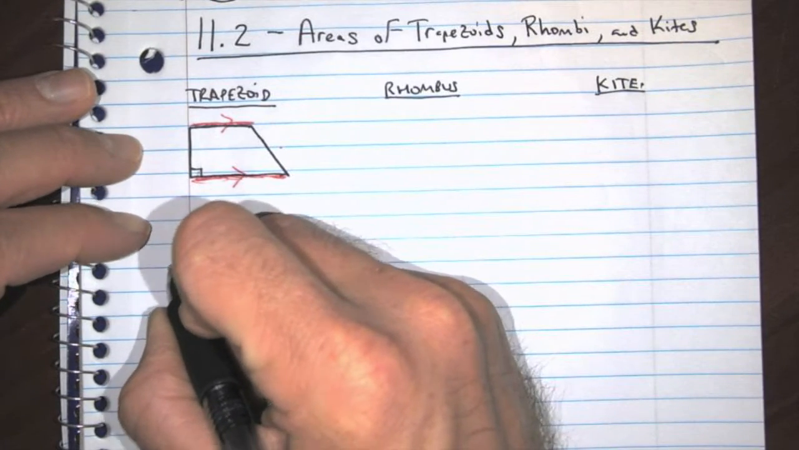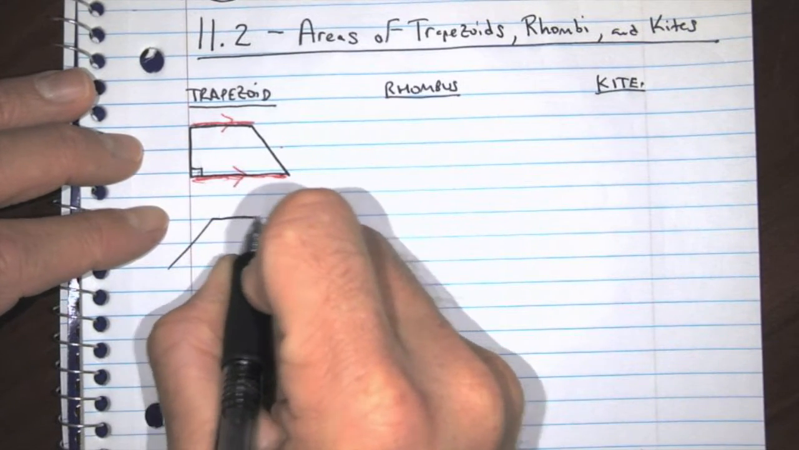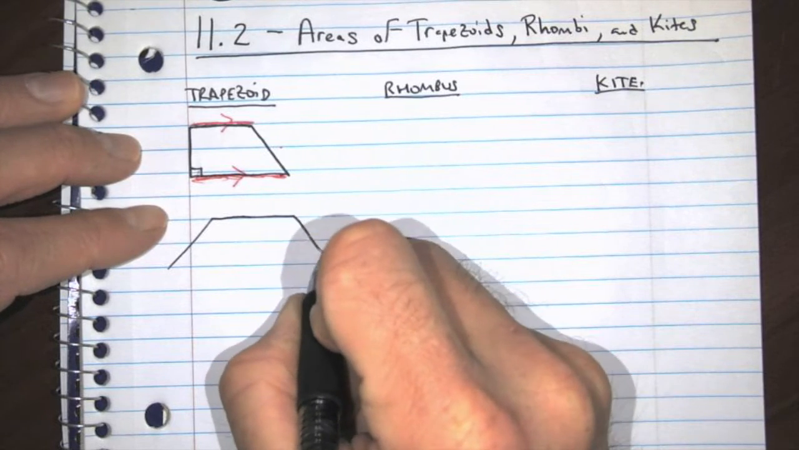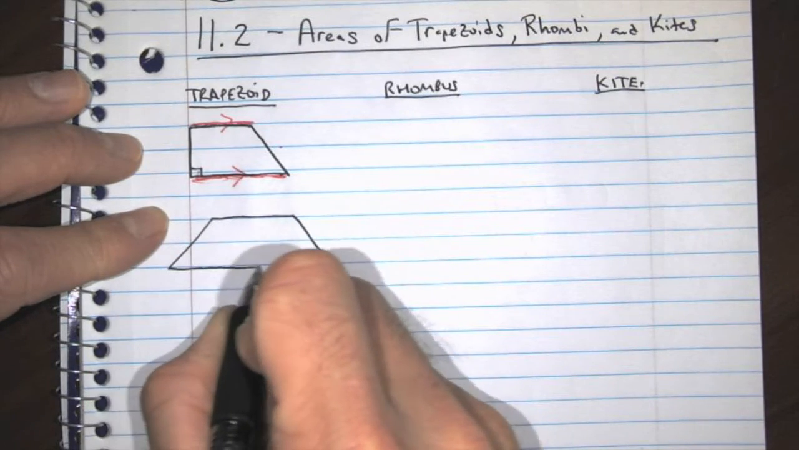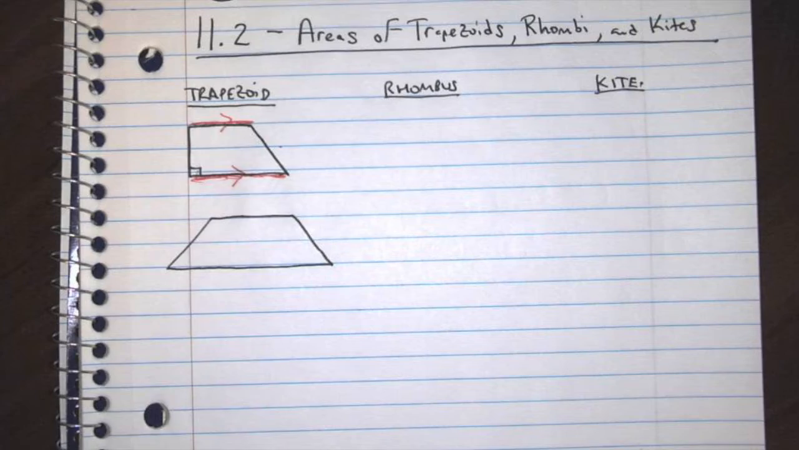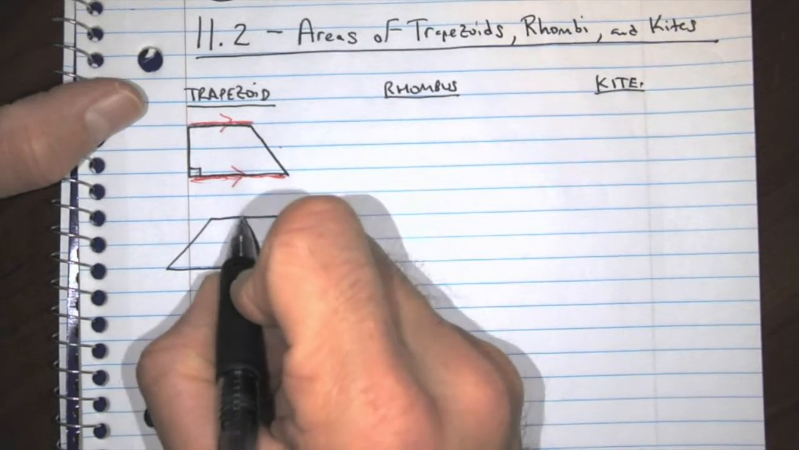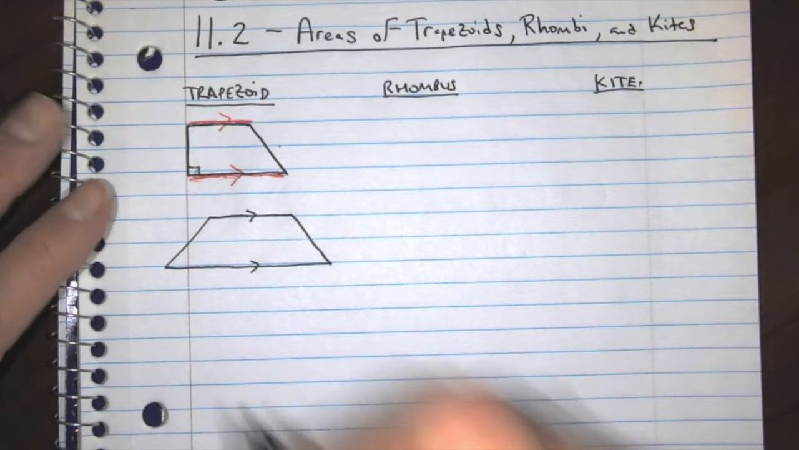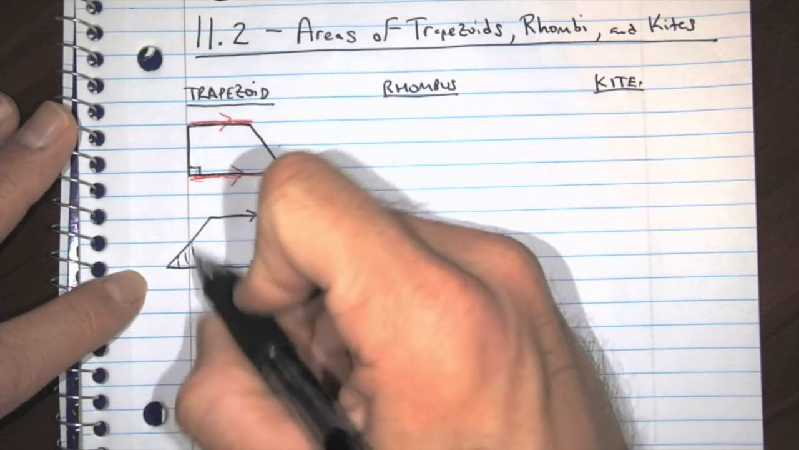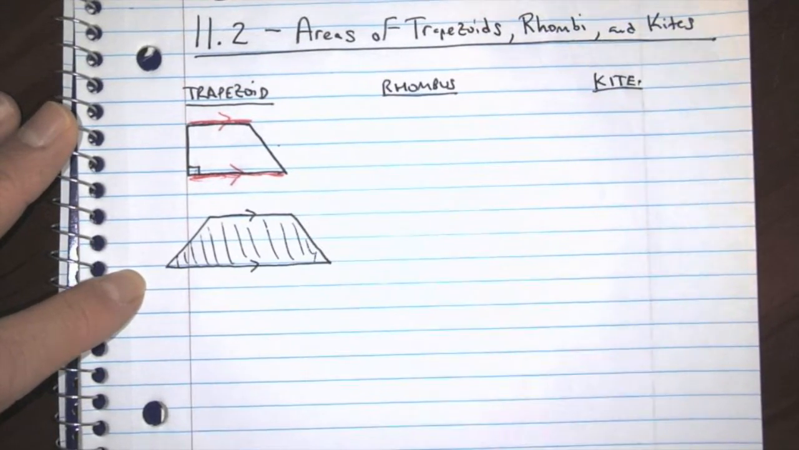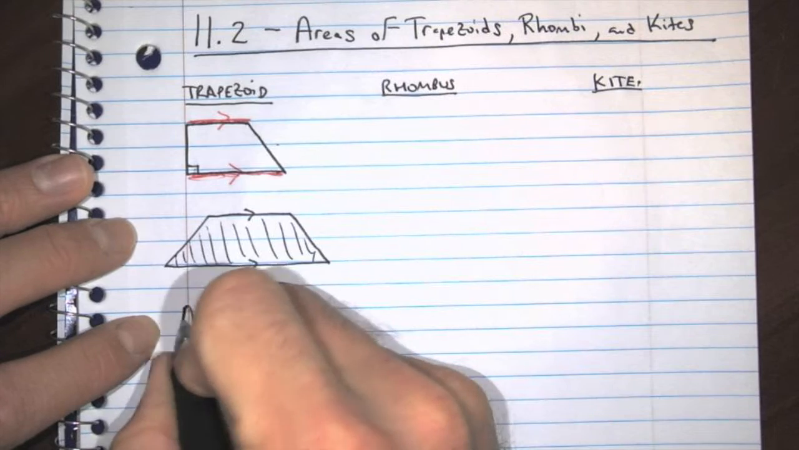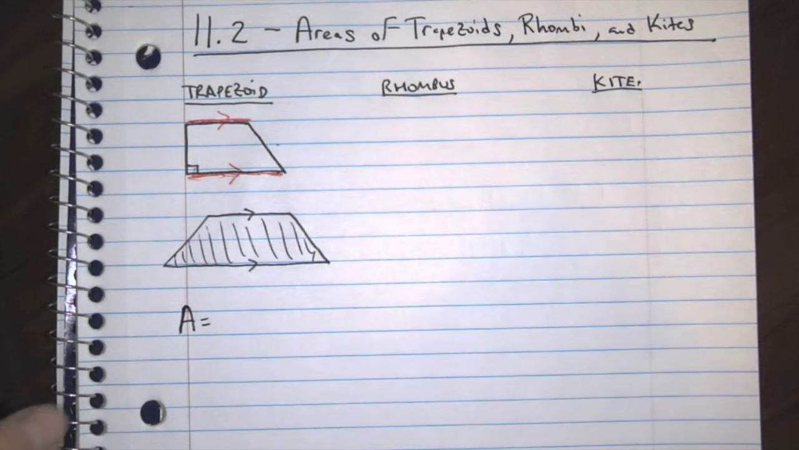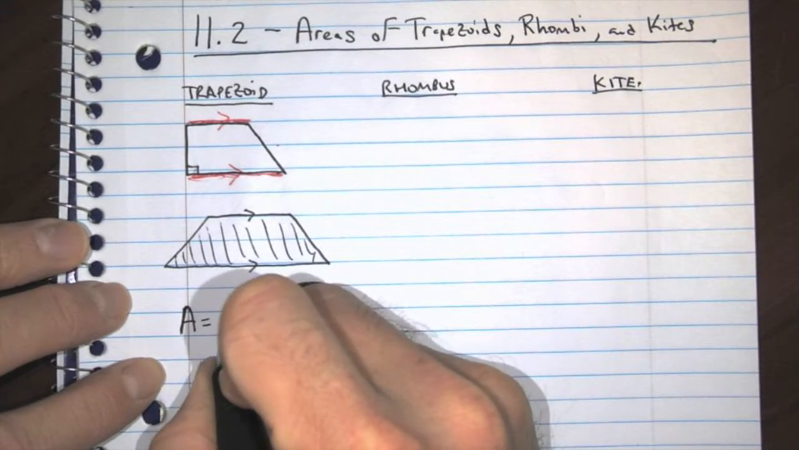When people think of a trapezoid, I know certainly when I think of a trapezoid, I think about a shape that looks like this. But they are the exact same thing. They're both trapezoids. Once again, top and the bottom are the parallel lines. Okay, so that's a trapezoid. If we're going to find the area of a trapezoid, fill in the inside of it. And the equation looks like this. It's 1/2